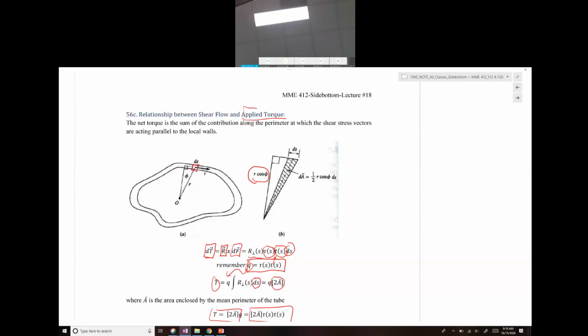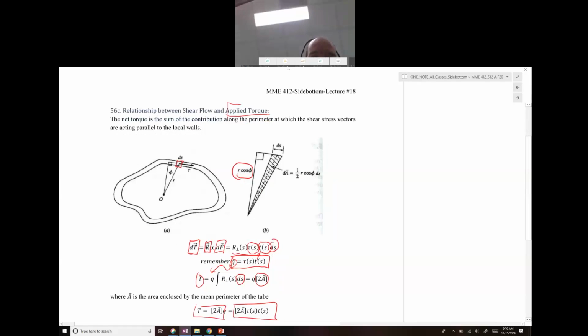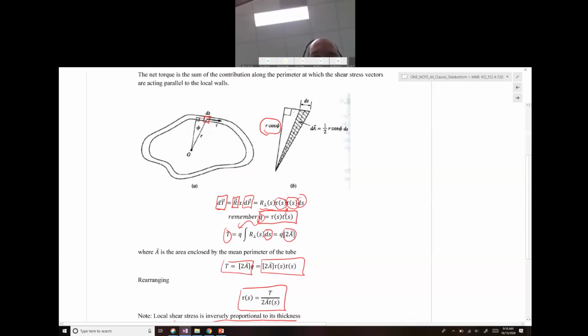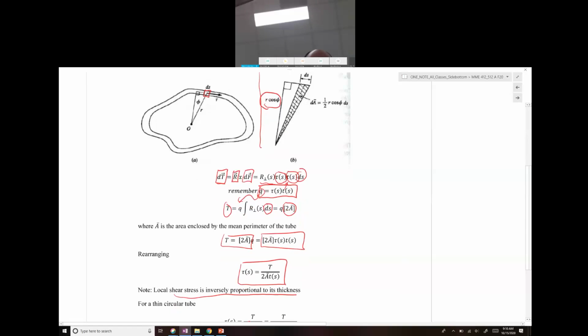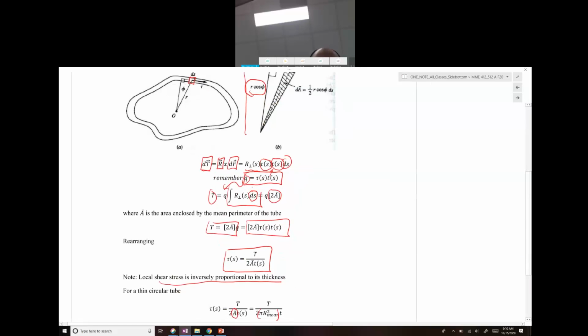The question for those who are online was, why is the result of the integral of r of s ds equal to 2A? I believe it has something to do with